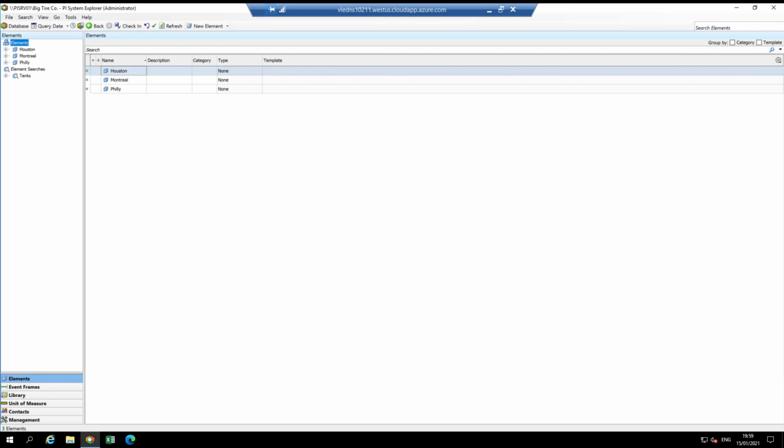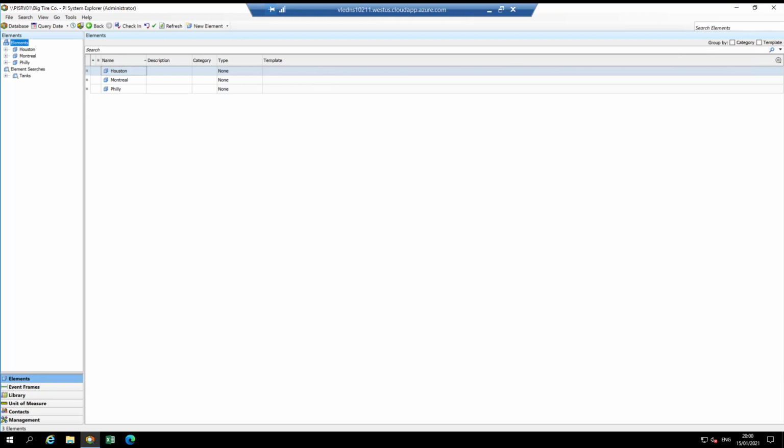In this video, we'll demonstrate some options to search for information. The primary ones we'll look at are: perform a quick element search based on a naming pattern, perform an element search with multiple search criteria, and perform an attribute search. So we're going to go ahead and get started with the quick element search.